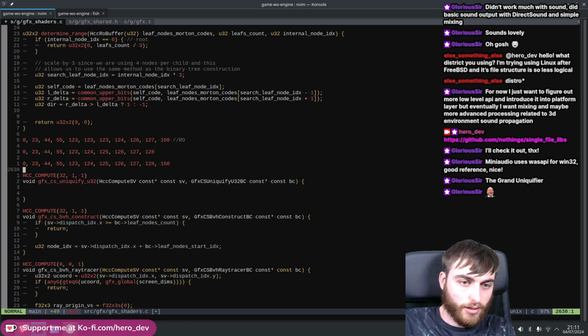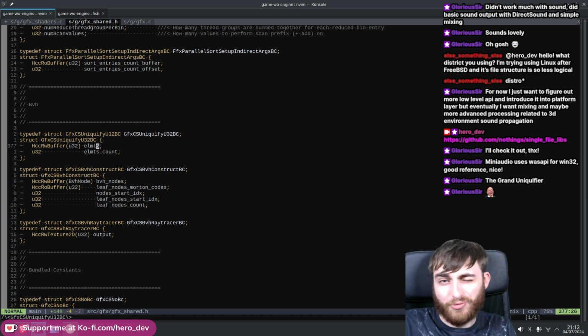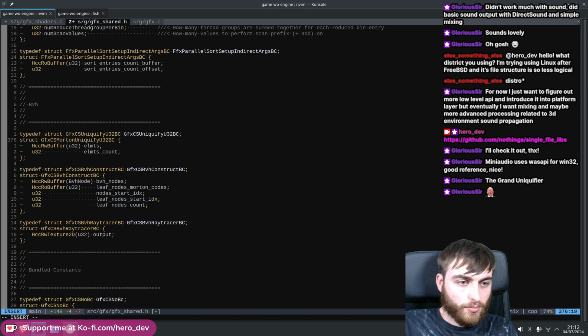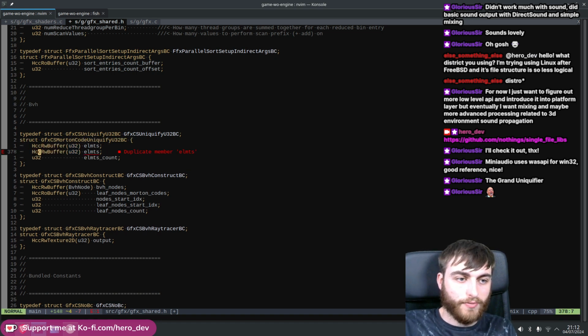So I think we've figured it out. So I actually want to rename it. Morton code uniquify. So we'll have read-only elements, read-write elements, right? So DST, source, DST. So remember, they must be sorted,